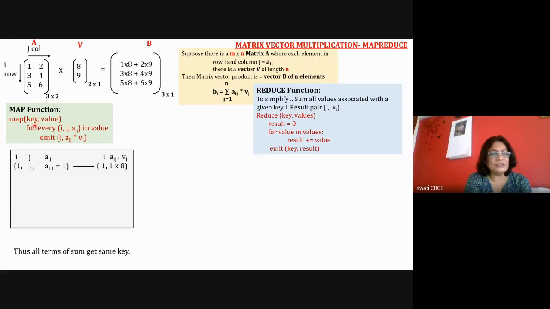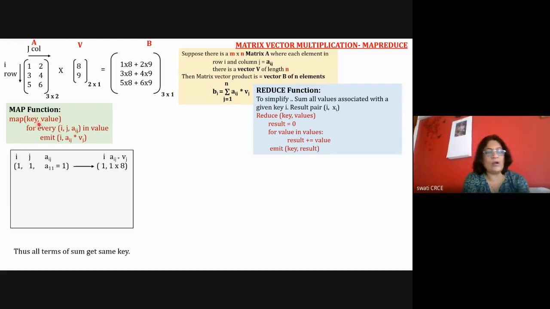The mapper function takes two inputs, key and value. The key is the name of the matrix A, and the value is this group of three elements: 1 comma 1 comma 1 is the value, and the key is the name of the matrix.